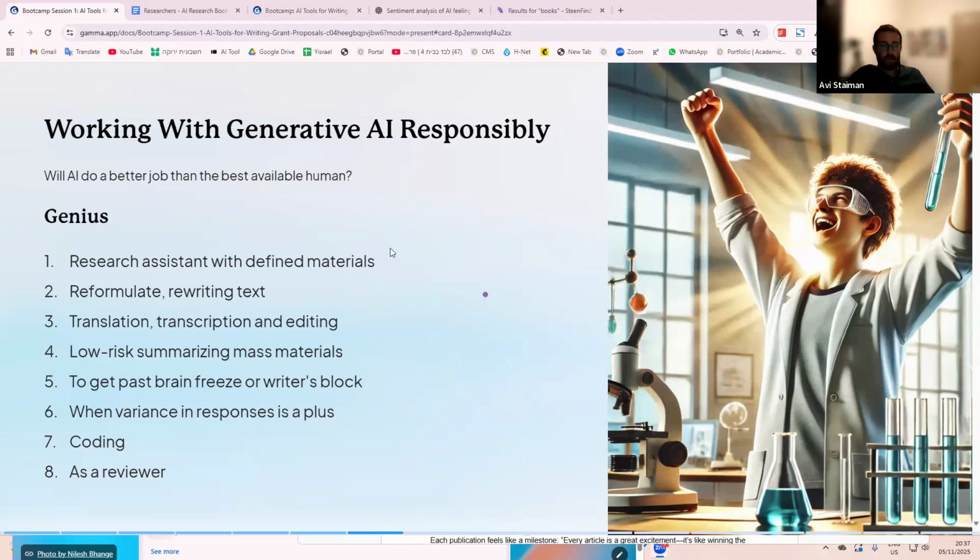Okay. So the first way to use AI like a genius is by using it as a research assistant with defined materials. This goes back to what I mentioned before, which is that if you upload the context or the content that it needs in order to understand something, it can be very successful. And why is that? Because as soon as you upload specific content and you say, I want you to analyze these 3 articles and summarize the main findings, let's just say as an example, it almost ignores the big polluted database with the Reddit that we saw before, right? With the New York Times, with Plus. And it focuses on the content or the information that I've given it.